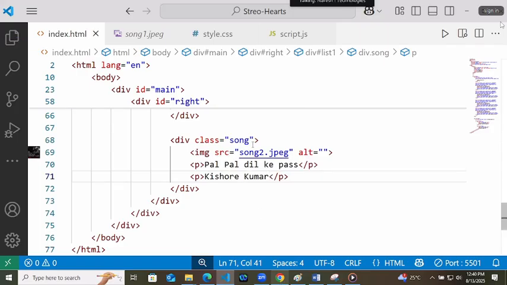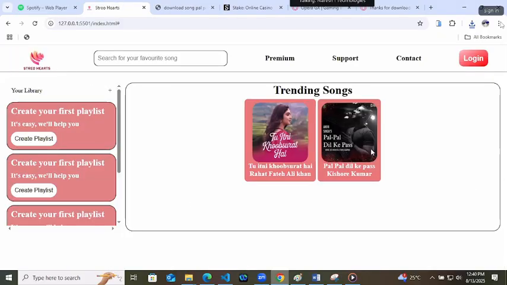As you have already written the CSS for this div class as song, you will get it adjusted properly, right?